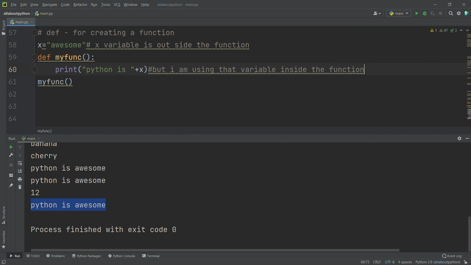This is called a global variable, which I can use outside the function as well as inside the function. Now I am using this inside the function, right?